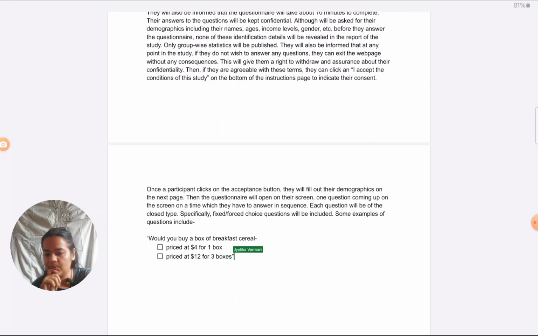Okay, so this will be one question. I hope you're able to see how I'm implementing the Vansing manipulation into the question. The first option, priced at $4 a box, is an SUP type of condition, single unit pricing, one box for $4. But the next option, $12 for 3 boxes, that's a bundle of 3 boxes which they're getting for $12. So that means that's multiple unit pricing.